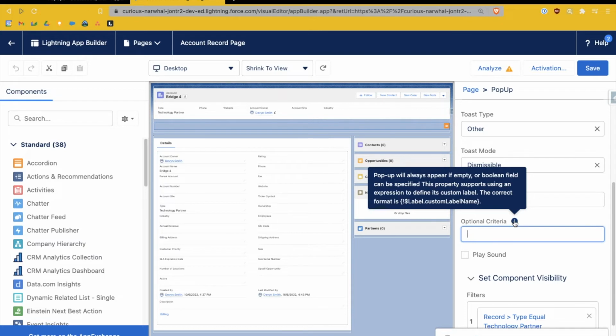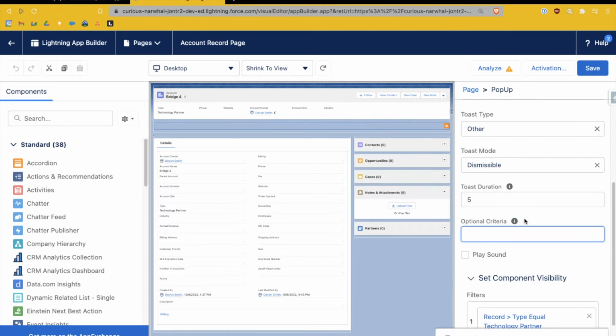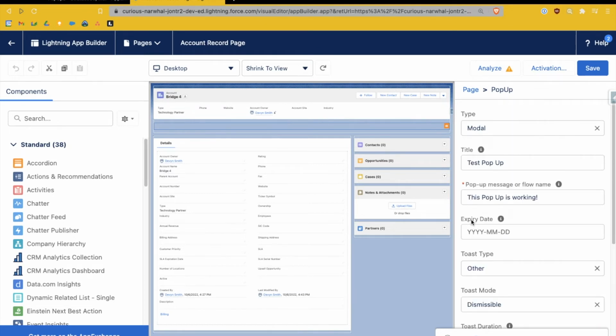So here's the optional criteria I was talking about, where you can use a Boolean field to specify if this should appear, and you can go into the screen flow and everything that you set it up with. So it's super versatile. I've used this recently on an org to help a client who's using events have a